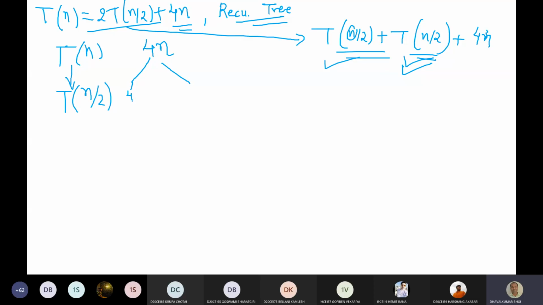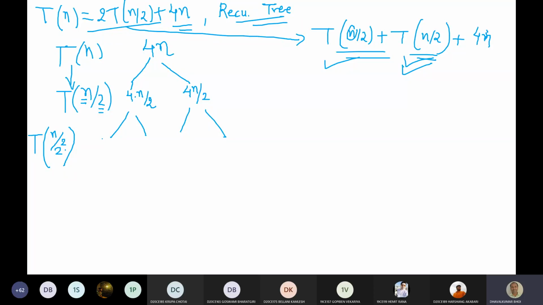n की जगह पे क्या लिखना पड़ेगा? n डिवाइड बाय 2. तो 4n था, तो यहाँ पे क्या लिखेंगे? 4n divided by 2. We have simply replaced the value of n with n by 2. In the next level, what is to be done? अब क्या करेंगे? फिर से n is to be replaced with n by 2. This n is to be replaced with n by 2, and earlier one more 2 was there, so we can write T of n divided by 2 square.